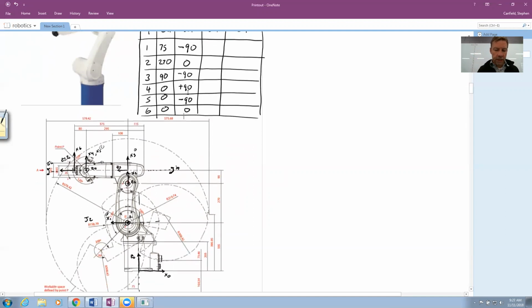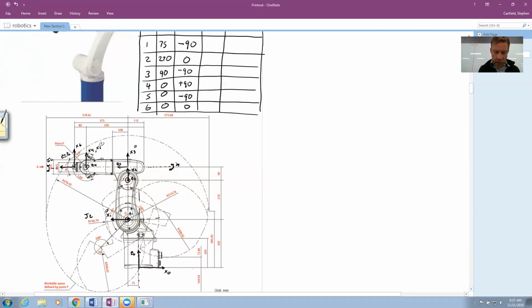Next, I have my d sub i, the distance between the x's. So from x0 to x1 measured along z0 is this 335. Distance from x1 to x2, they intersect. Distance from x2 to x3, those also intersect. Now I can't quite see that without doing a side view or a back view. So if that's this joint here, where I have my z's going this way,